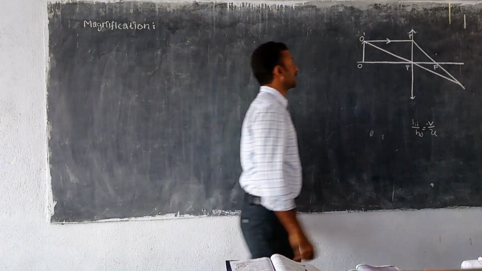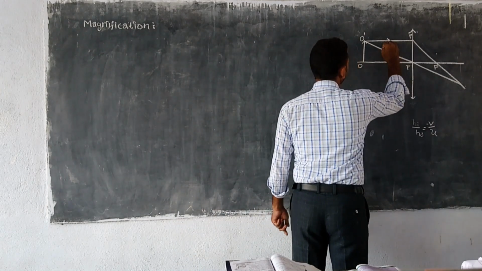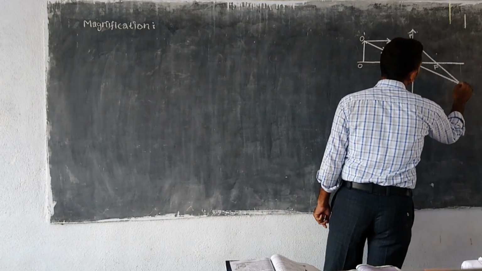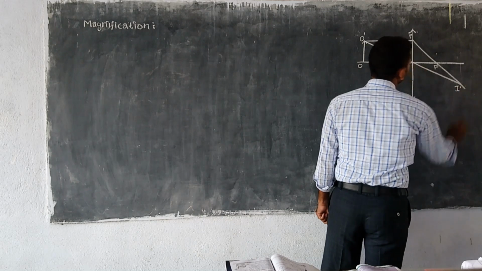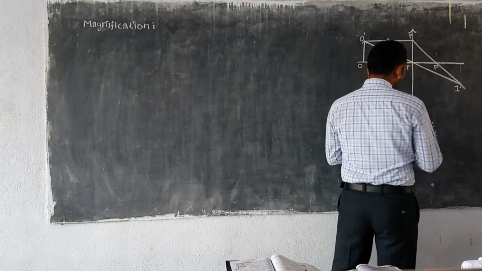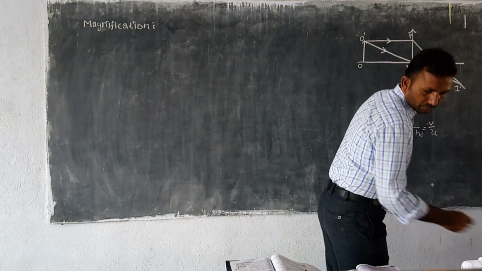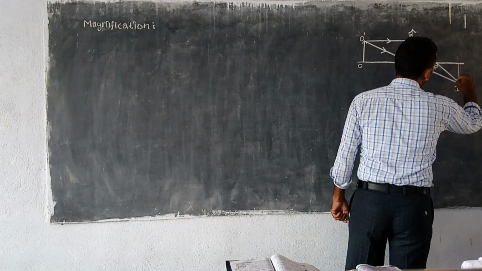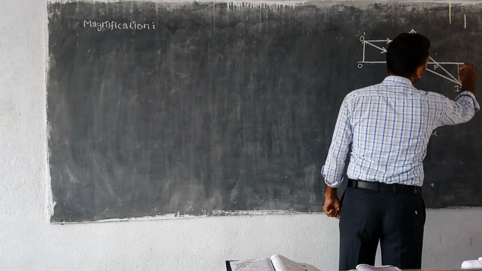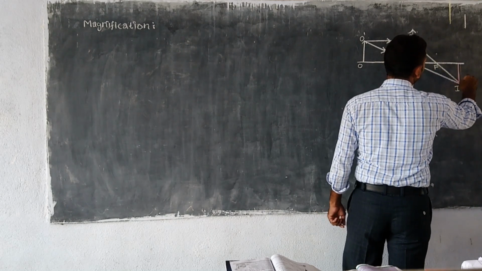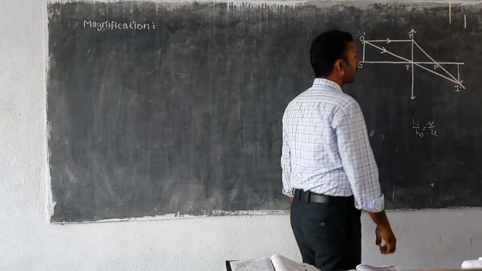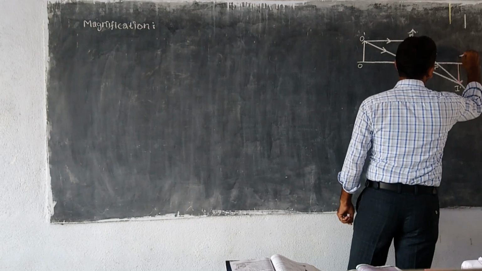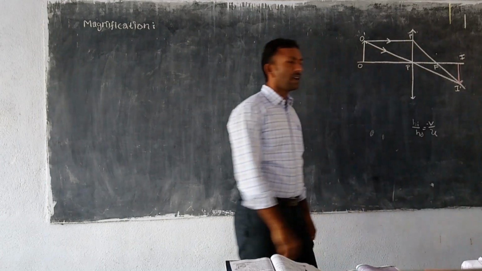So these two light rays, the first parallel to the principal axis and the second going through the center of the lens, meet at one point, that is I dash. If we draw a normal line from the principal axis to the intersecting point where the two light rays intersect, they will converge at one point, and this will give us the image of the object.